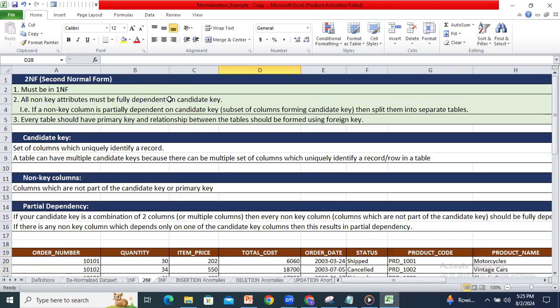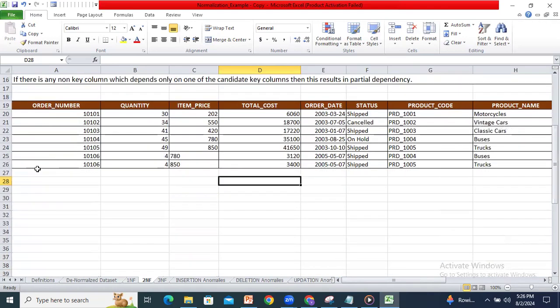Right, let's go back to rule number 2. What is rule number 2? All non-key attributes must be fully dependent on the candidate key. Here we have identified the candidate key attributes as order number and product code. So let's give some unique